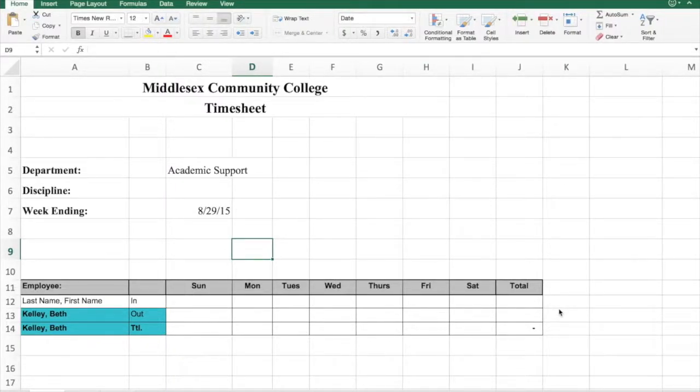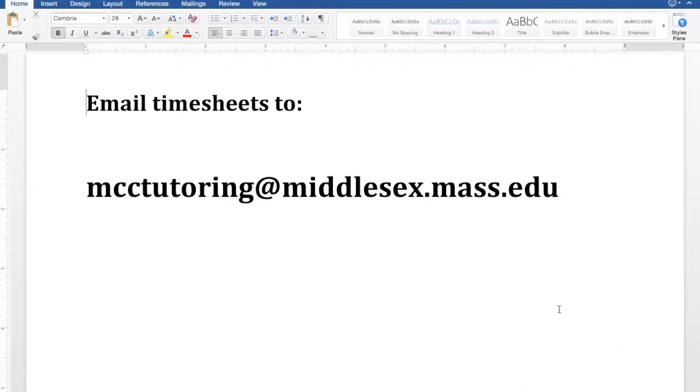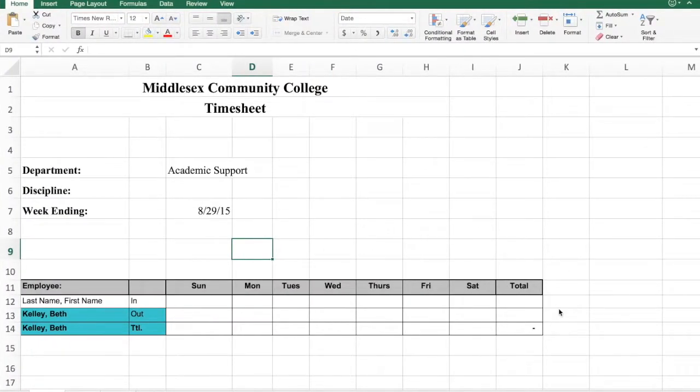This is what a Middlesex timesheet looks like. Timesheets must be submitted each week no later than 12 noon on Tuesdays. Timesheets get emailed to mcctutoring@middlesex.mass.edu. The first time you enter your timesheet, please make sure to change it so that it shows your last